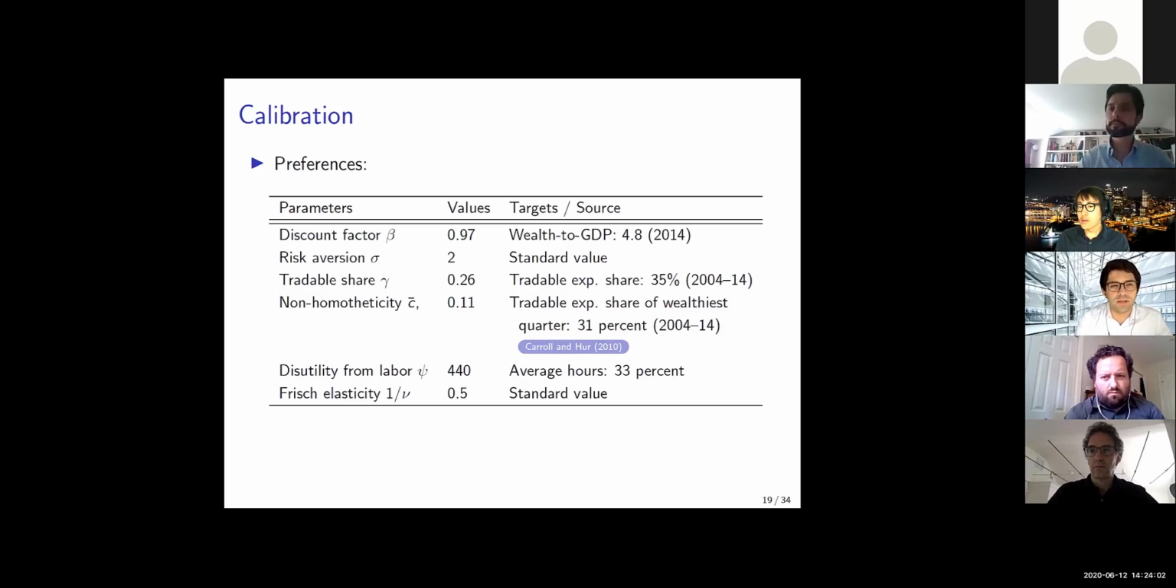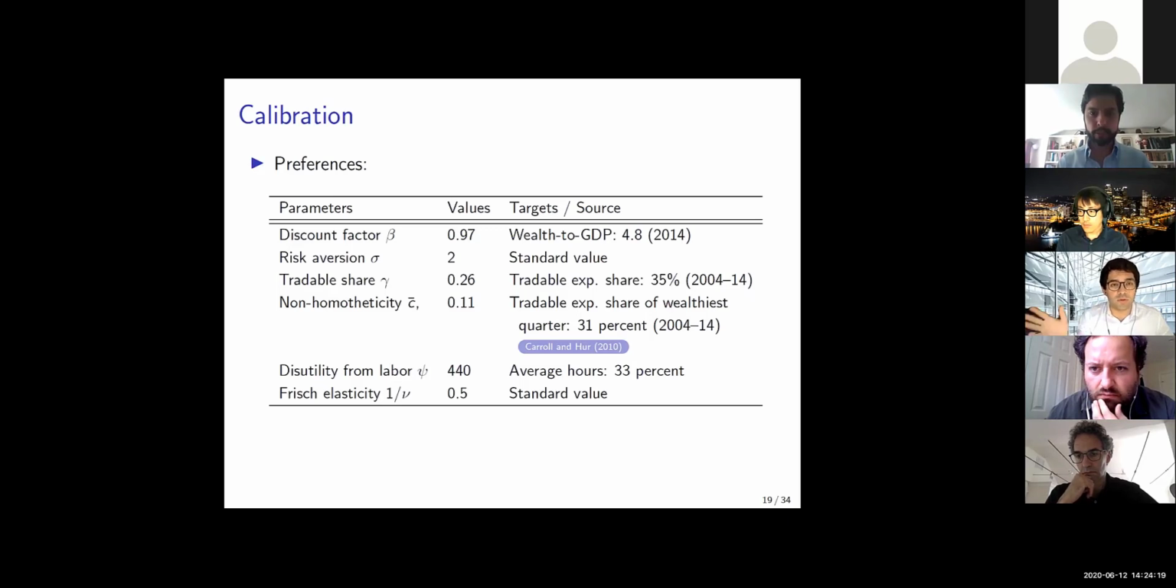And so I was wondering whether that's going to undo a little bit the effects of these credit market imperfections, and whether, I guess we'll see that in the results we're going to show, but given that you're targeting this high wealth to GDP ratio, whether it would make sense to instead write down a two asset model so that you could get the high wealth to GDP ratio and a more important role for precautionary